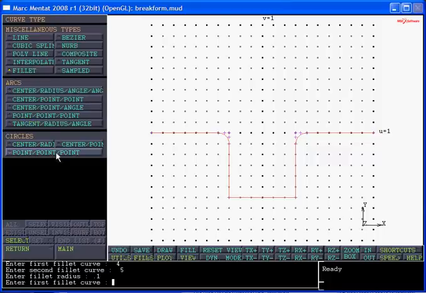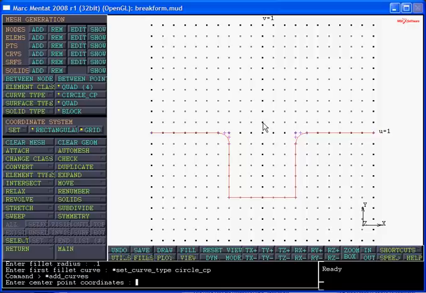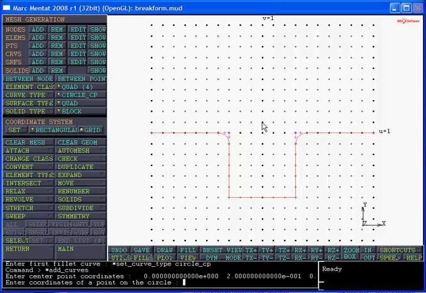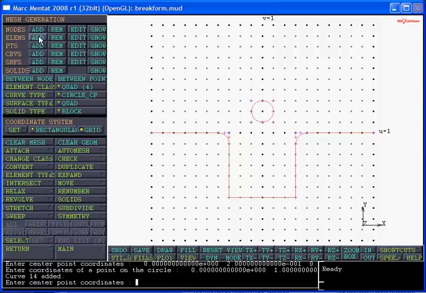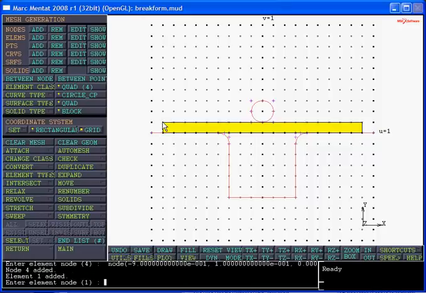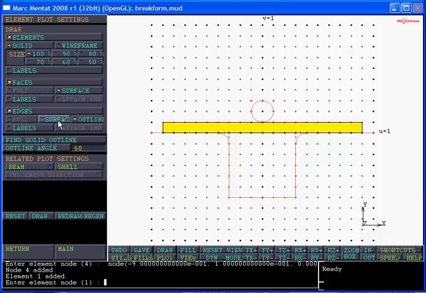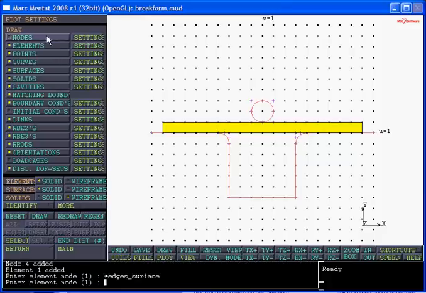And now change to a circle. It'll be via center and a point. We'll locate the center just above up to radius 1 and add an element that falls a little bit short 1 unit of the table and fills in between the punch and the table. We're now going to change some settings on the elements so we see them all and